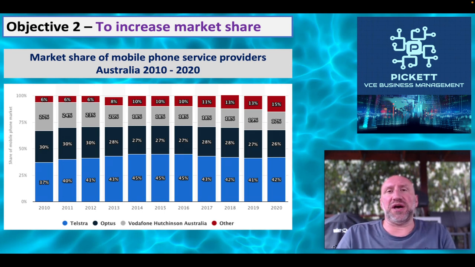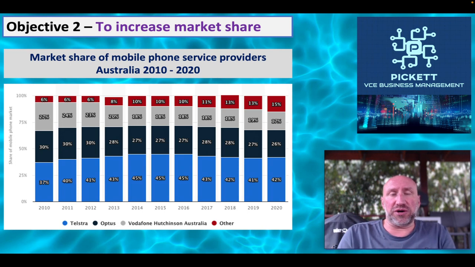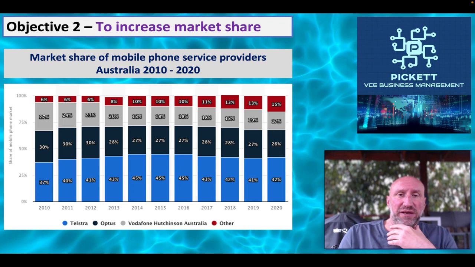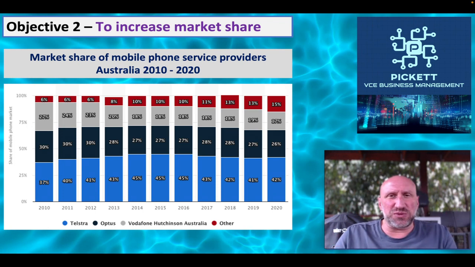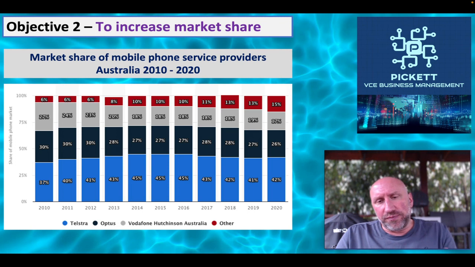There are so many other options available now, and they've been encroaching on the market share of the big two, Telstra and Optus, obviously Vodafone coming in third, and year on year they are stealing market share. TPG, I guess, would be an example, but there's tons now, tons of options. Aldi Mobile, even, there's so many of them. So Telstra and Optus would have strategies in place to try and combat that loss of market share